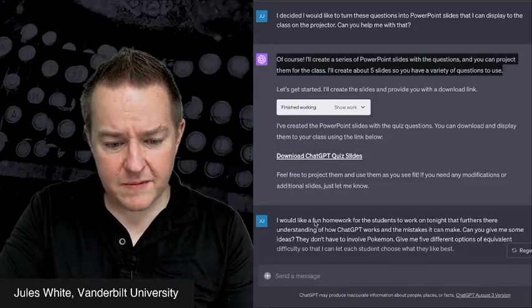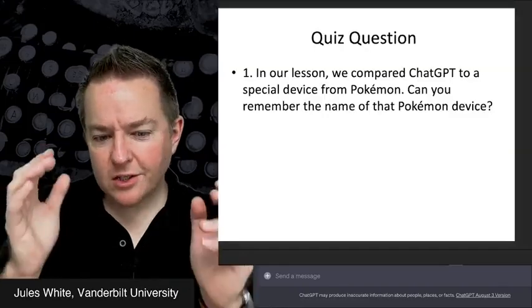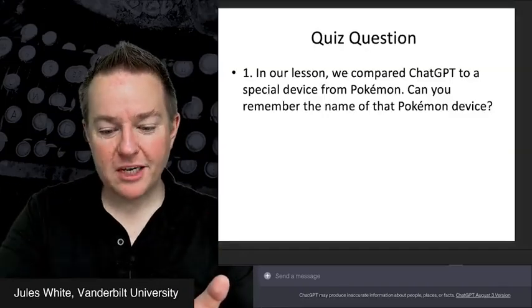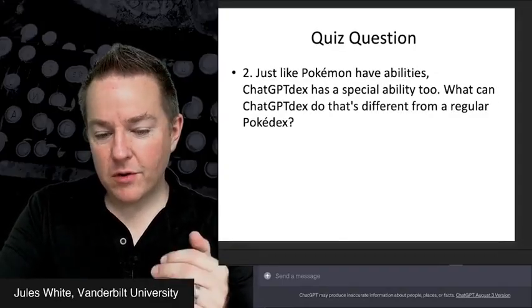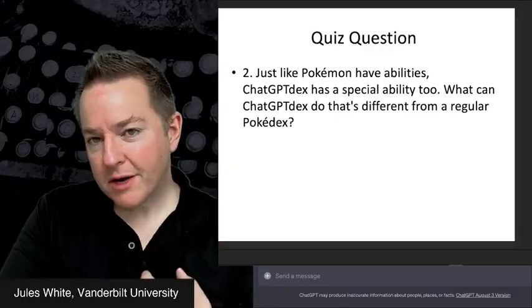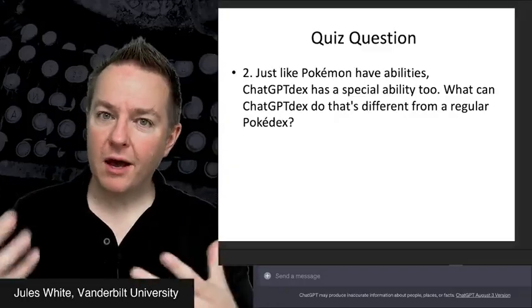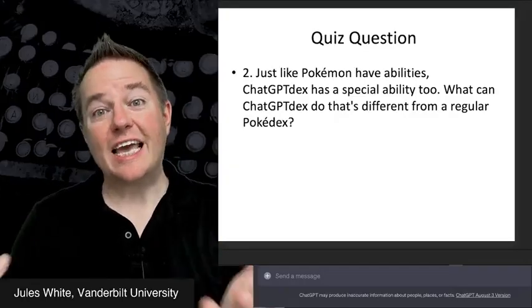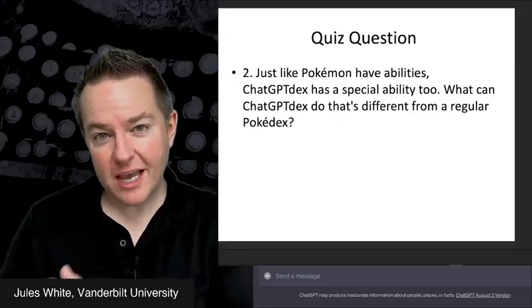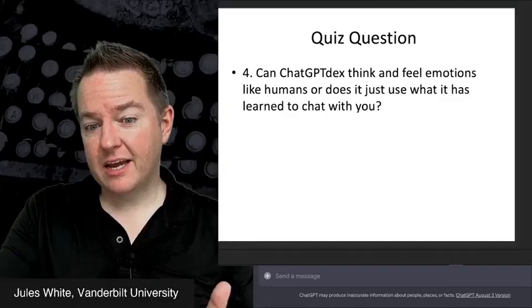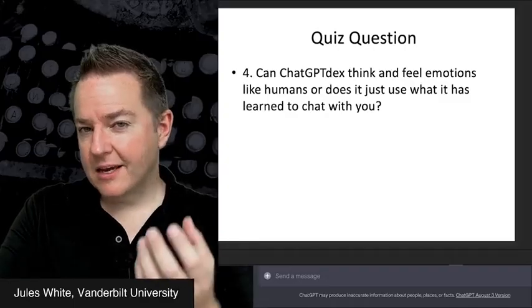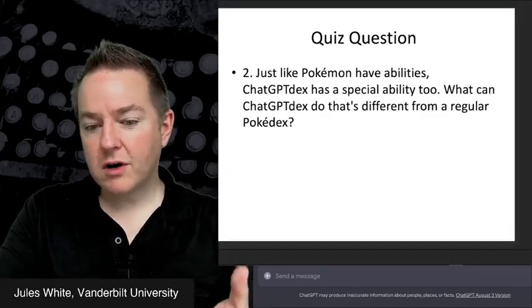So let's take a look at what we got. So what do we see in this PowerPoint presentation? Well, it's gone through and created a set of slides for us with all the questions. And this might be a better format for us, for example, if we're worried about what ChatGPT is going to say on the fly and whether or not there's going to be a mistake and whether or not we're going to catch it. But we can simply create the slides ahead of time and edit them and check the content and make sure that we're comfortable with it.